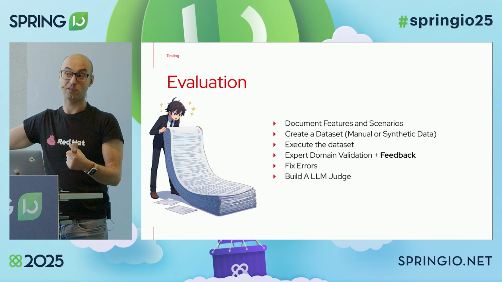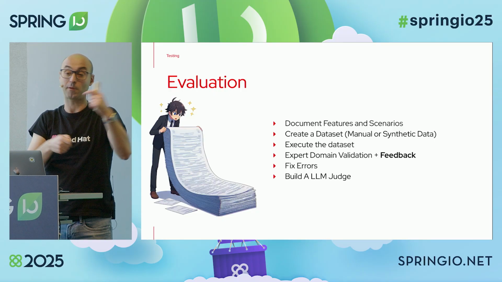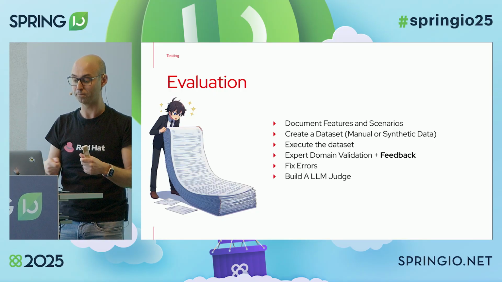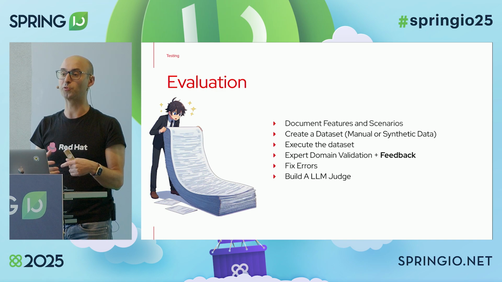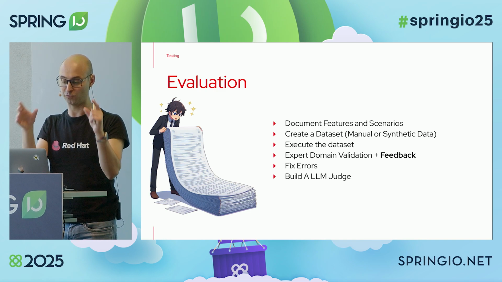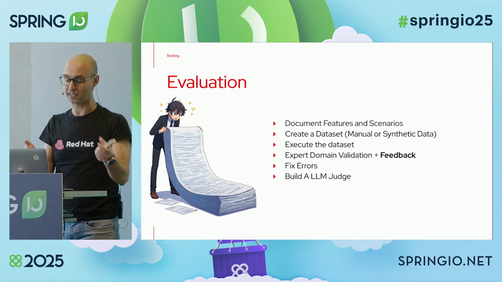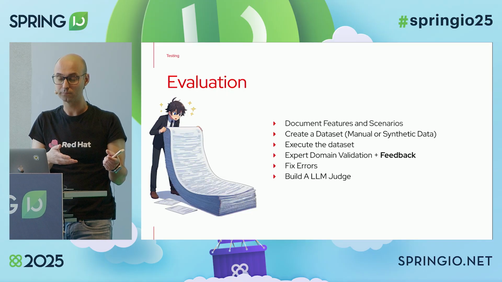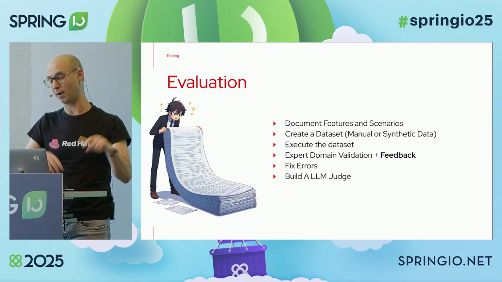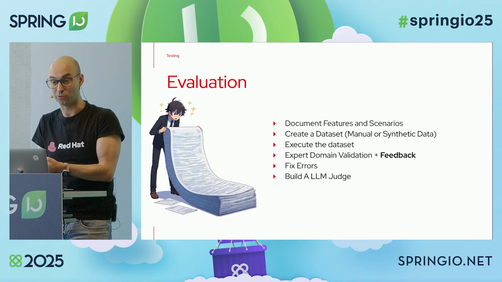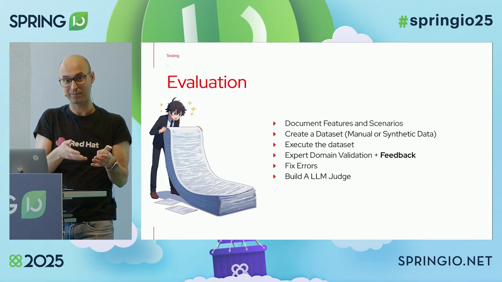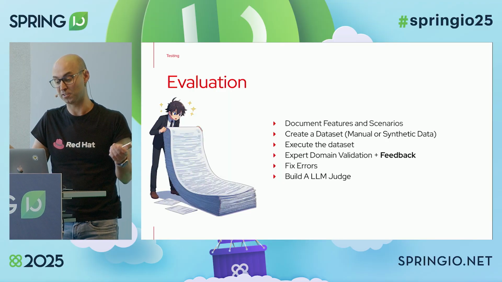It puts me a person that doesn't exist. It asks me something that is not about a person, right? So all these scenarios. Then when you've got this, you need to create a data set to test these features and these scenarios. This data set can be done manually. So you can just take a CSV file and start writing, or you can use a model to write this data set, which is named synthetic data.